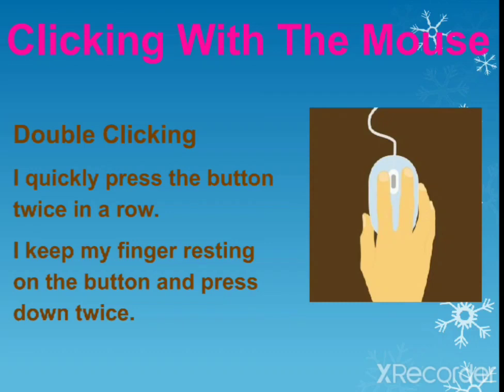The double click is going to help to open something. If you want to open any folder or any file, you are going to do the double click, and for this you have to press your index finger twice, but very quickly. So that will be a double click. This is about clicking, single click and double click. The rest of the things we will discuss in the next class. Thank you.